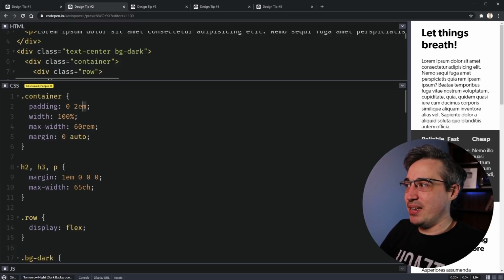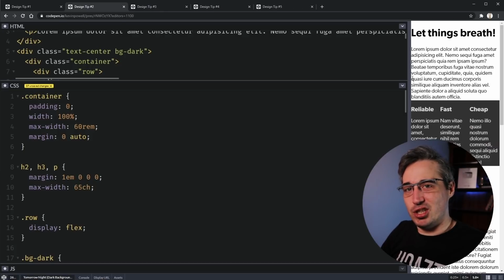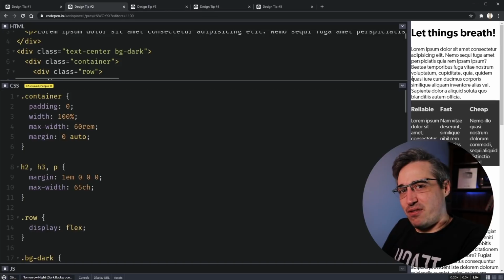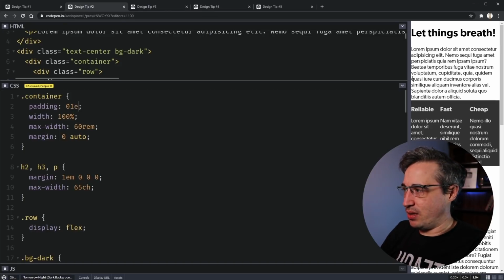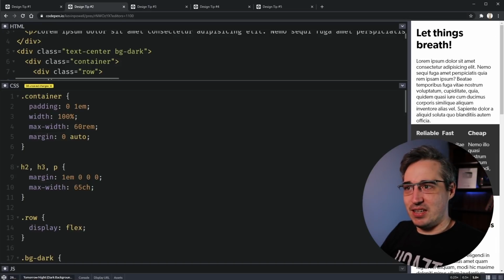Because I've come across many professionally done sites that on small screens, the text is actually touching the edge of the screen when I'm reading something on my phone. And it just doesn't look great. It makes it more awkward to read. It looks like the text is going to fall off the side of the page. So just coming in here with a little bit of, 0 top and bottom, 1em left and right, just to give myself breathing room in small sizes is a really good start.